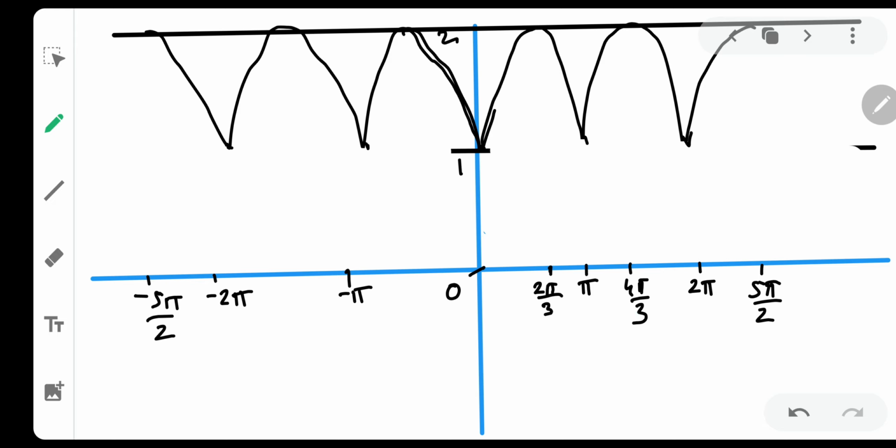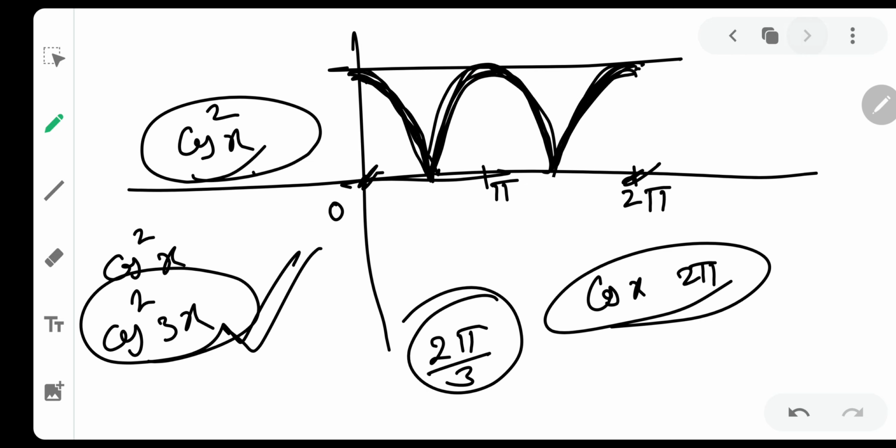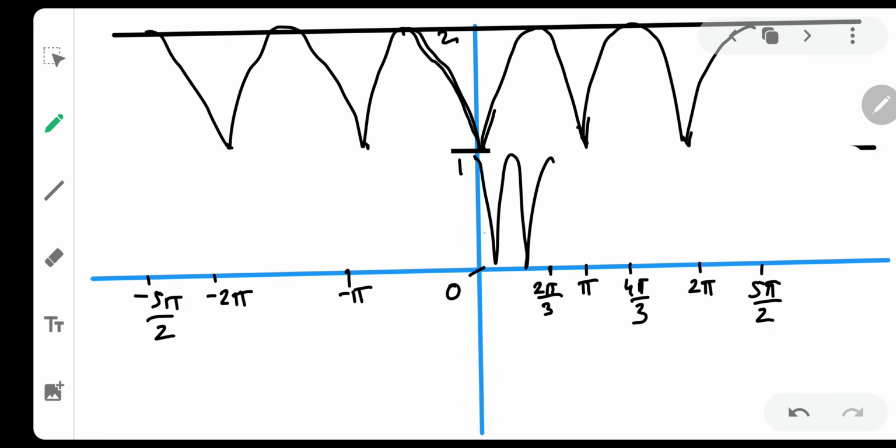And now we have to draw the graph. So how will the graph look like? The graph will look like this. Okay, particularly this is how this graph will look like. The same shape which I drawn from 0 to 2 pi, the same shape I have drawn from 0 to 2 pi by 3. Now let us keep on drawing the same shape up to 4 pi by 3. That is very important. Okay, so let us start drawing that.